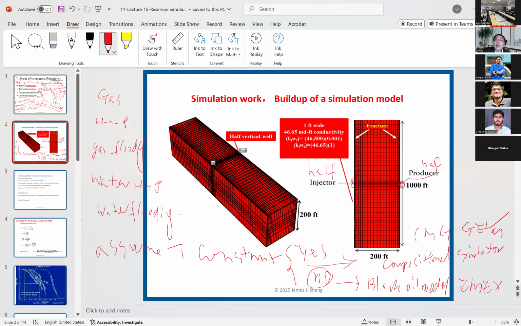Here is a half fracture, and here is a half fracture. So in this model, two half fractures make one fracture, and two half wells make one well. So by doing so, basically,